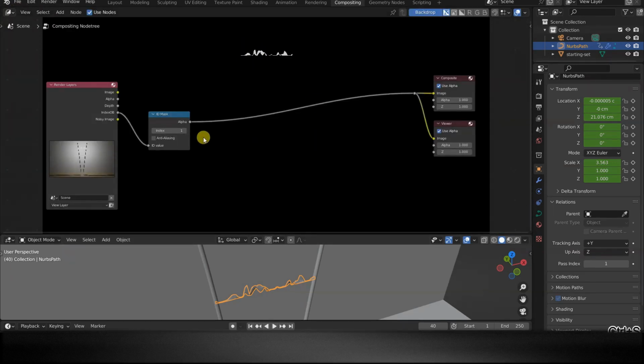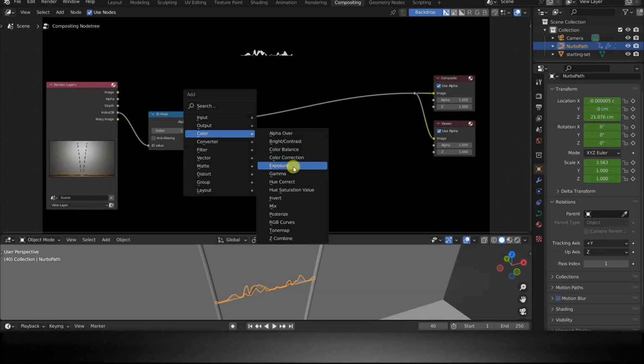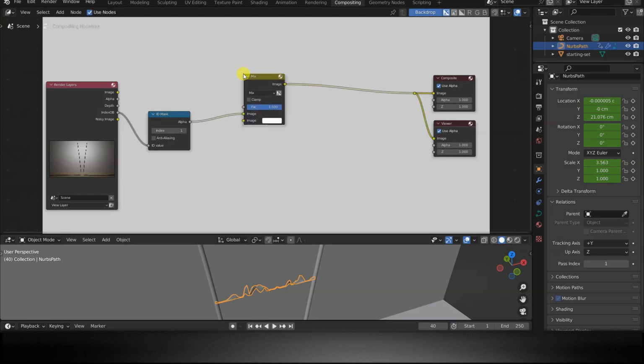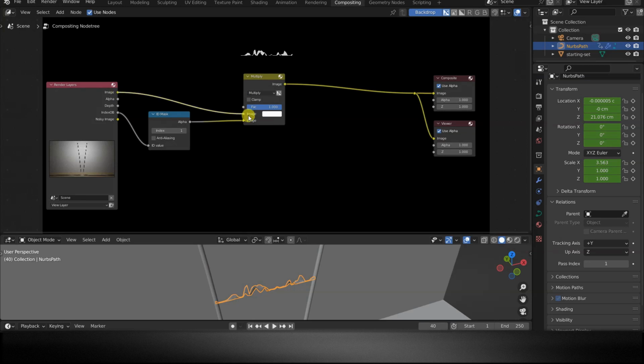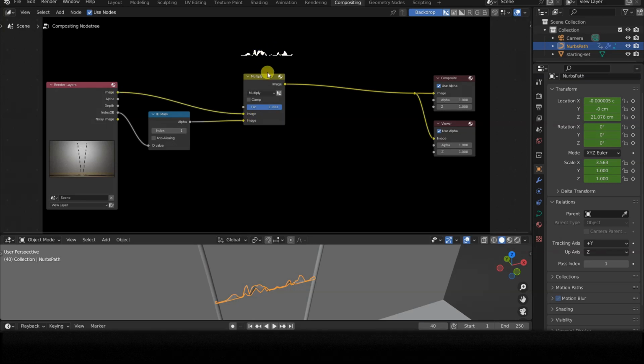I need to make a clarification: the white silhouette you see is not the rendering result of the electric arc, but its black and white mask. To retrieve the original colors of an object isolated with this technique, we should multiply Render Layers image by ID mask using a Mix Multiply node. However, the electric arc is actually white, so we can work directly on the output of ID mask.